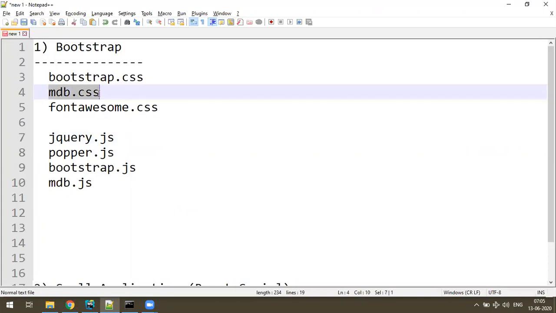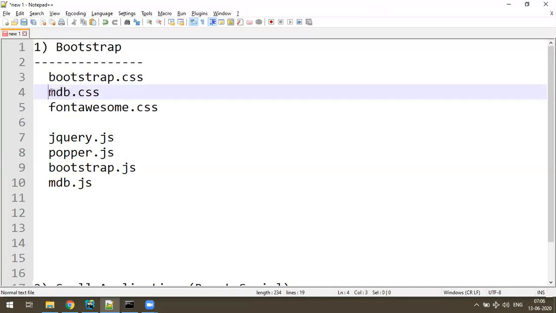MDB is actually a material design concept which is built on top of Bootstrap. For example, let's take CSS. CSS is a core language to apply styles for a website. Now, what is Bootstrap? Bootstrap is a library of CSS, which makes your job easy. And in the next layer of Bootstrap, there is something called MDB.